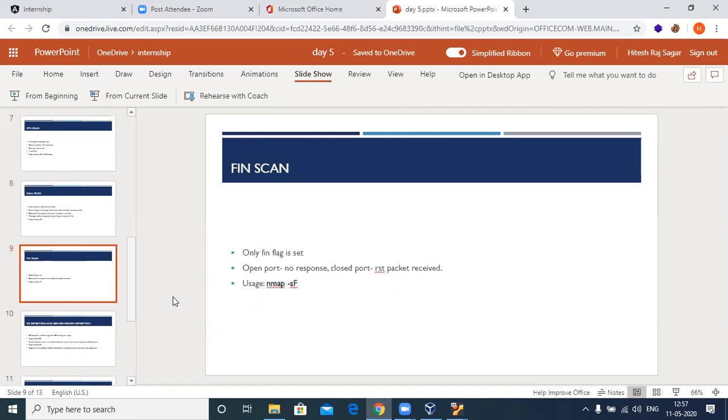Let me give you an example. In XMAS scan, you also set the URG bit, so the urgent bit is also set to 1. Maybe the firewall was configured to allow all requests with urgent packets, because the communication is very urgent. So this is all about bypassing firewalls.